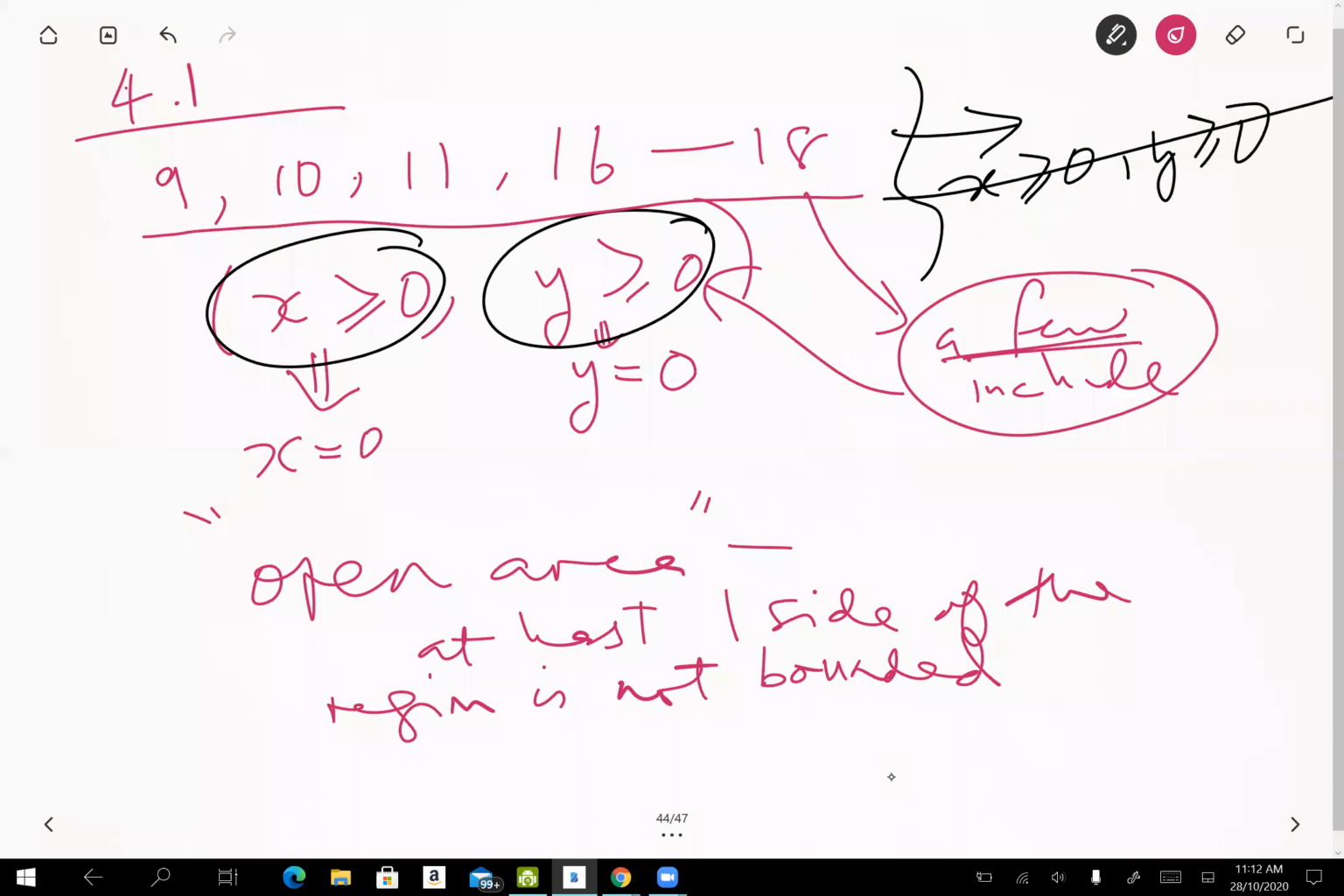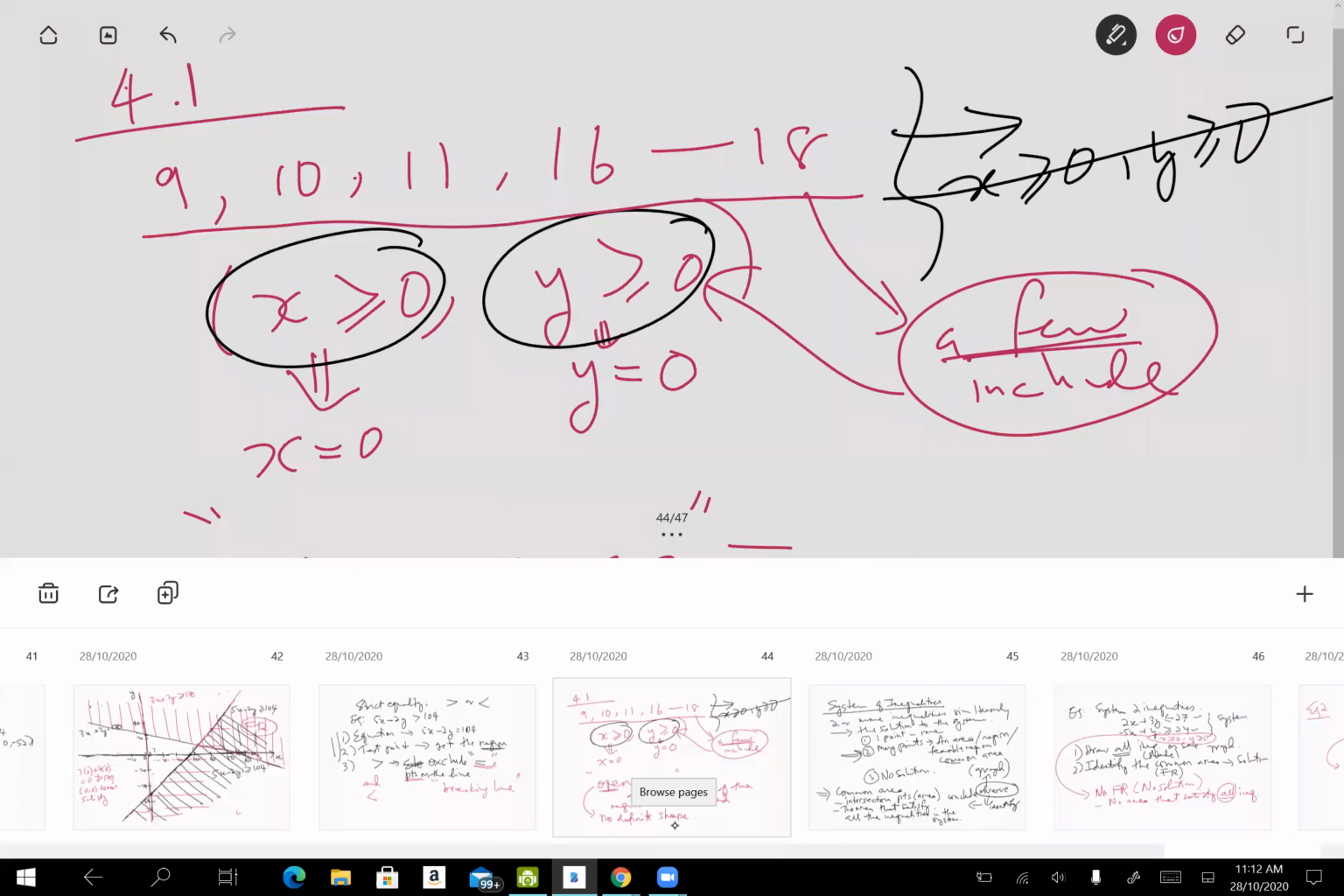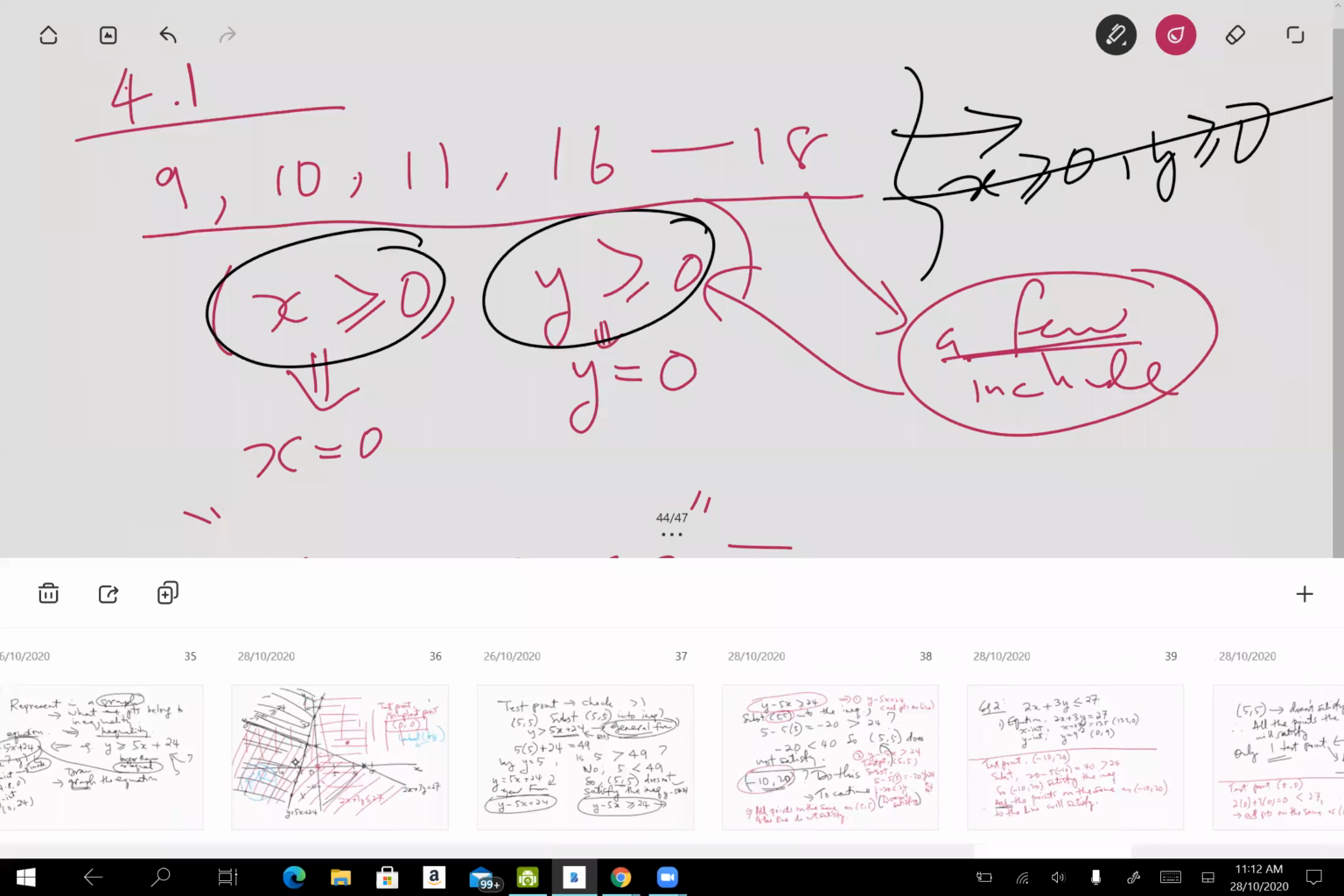You will see there is no definite shape. It is open, all right? No definite shape. So this is what you call open area, all right? Or sometimes they call it unbounded area. Now, if you look at the first example,